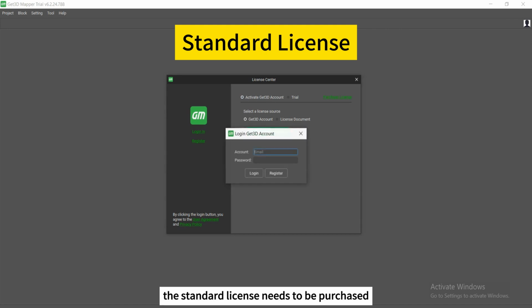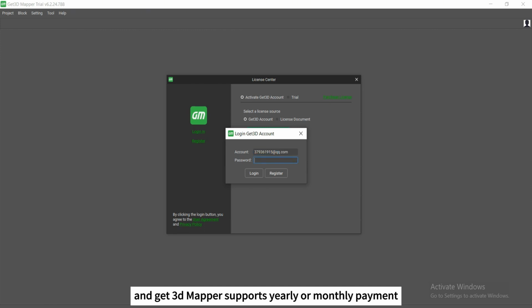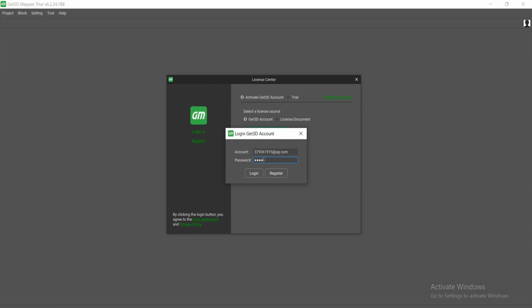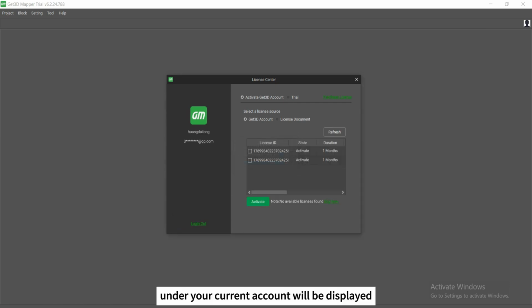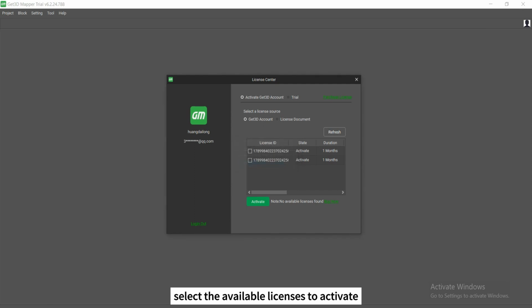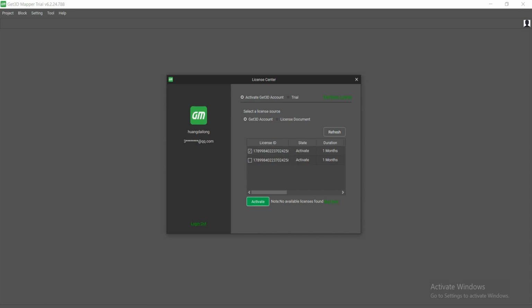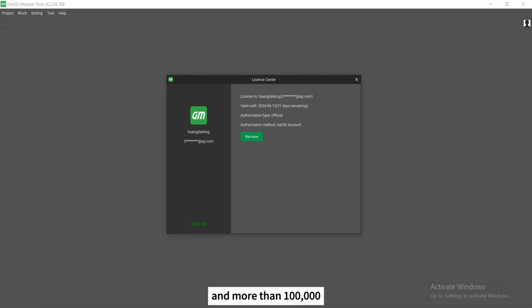The standard license needs to be purchased from the official website, and Get3D Mapper supports yearly or monthly payment. Once the purchase is complete, log into your account in the software interface, and the available licenses under your current account will be displayed. Select the available licenses to activate. The activated licenses will show the expiry time. All the functions can be used during the period, and more than 100,000 images can be imported for modeling at